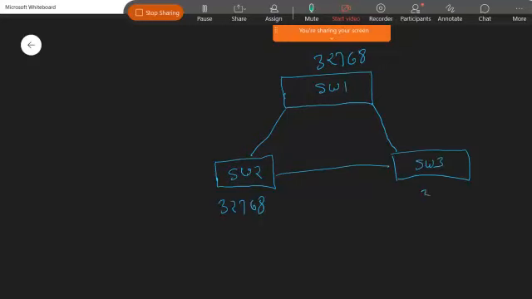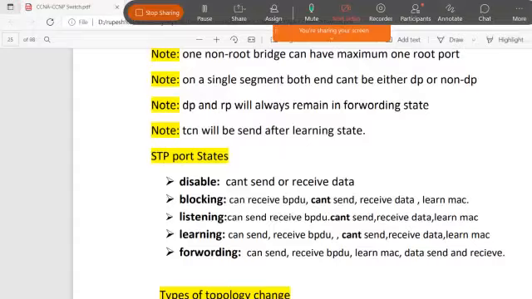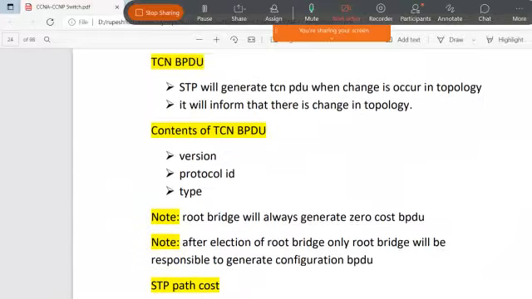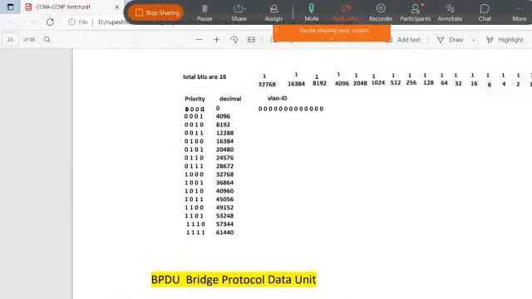First of all, they will exchange their information. And what kind of information are they going to exchange? Let me show you.